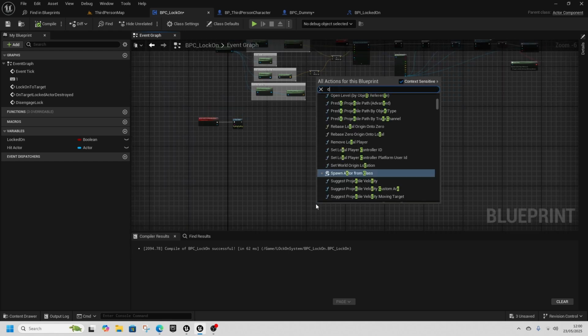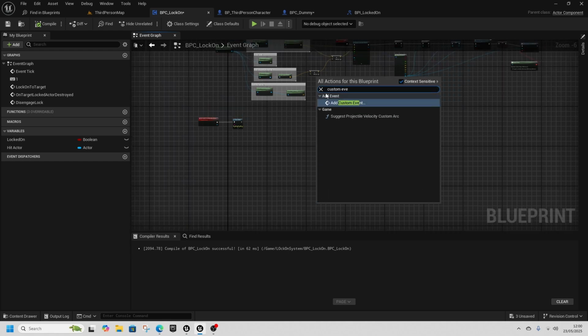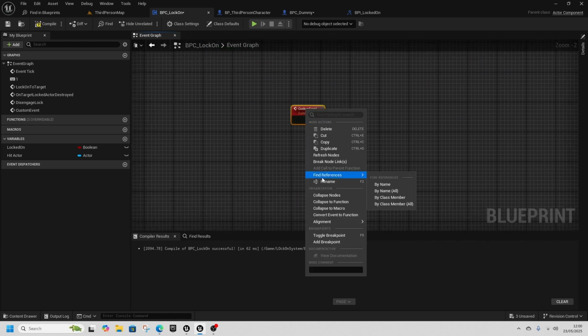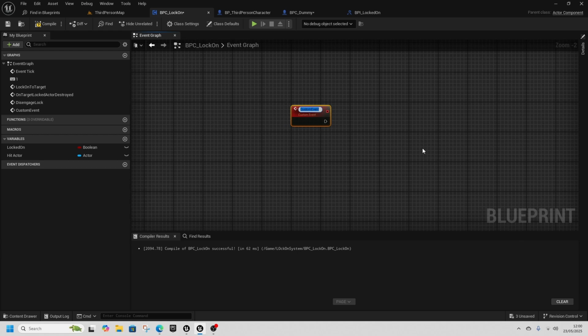So we're going to make a new custom event. And we are going to tidy this up in a bit. Once everything's working, we'll start collapsing some of these to functions and putting input actions in. We're just going to test everything is working, and then we're going to make it tidier. We're going to start rotating to enemy. So once we're locked on,